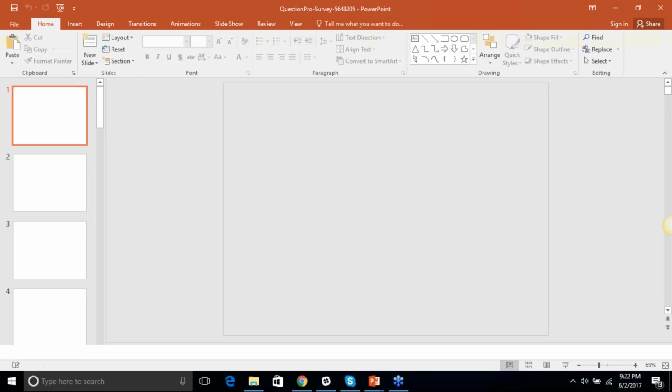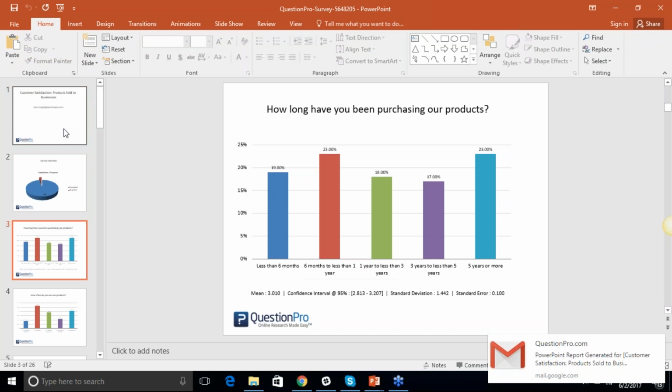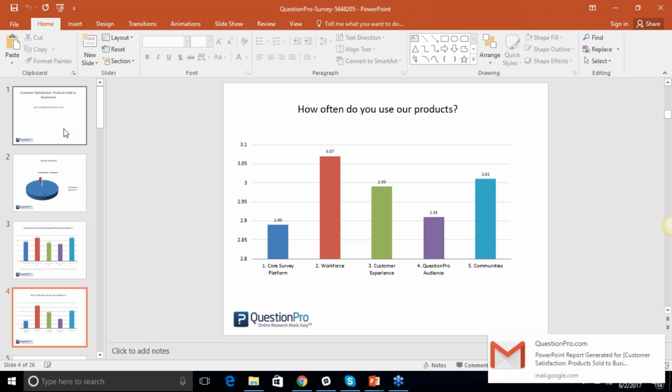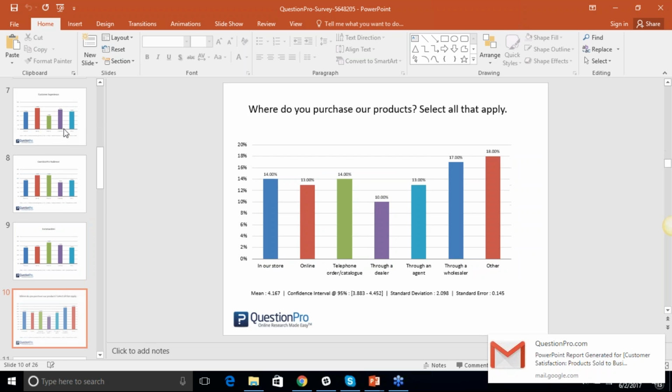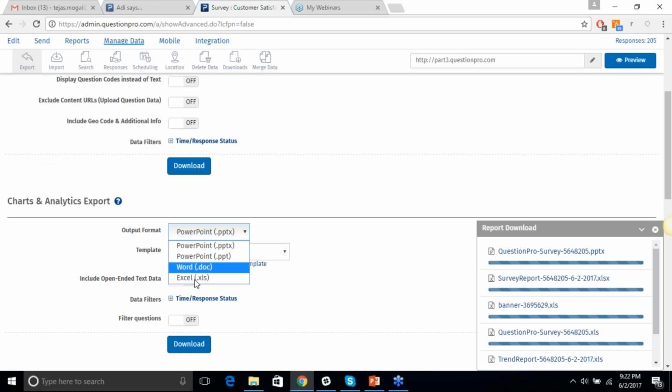You can see all the charts and analytics. You can see this. This is quite interesting, and I am very sure that you will require this particular feature. You can export it to PowerPoint,